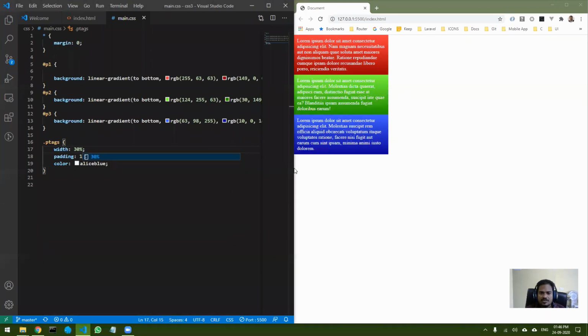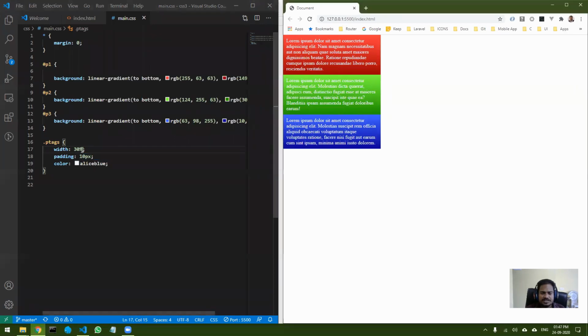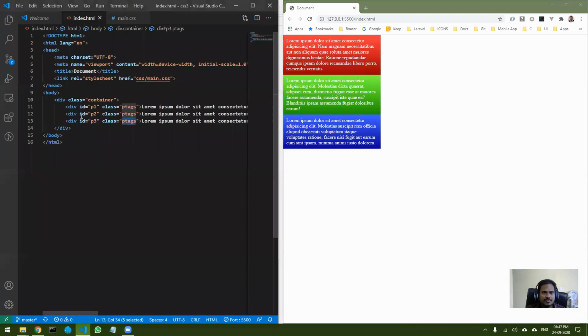Now if I drag it, you can see the size of my div also increases based on the size of the window. So that is a good thing about percentages, right? But the percentage completely depends upon its parent element. Right now the parent element is 100%, or what I can say is it is using the entire width.